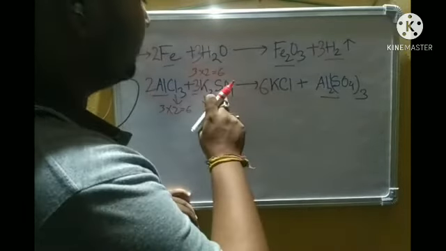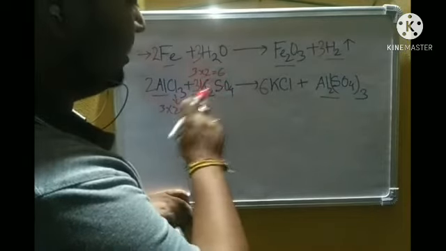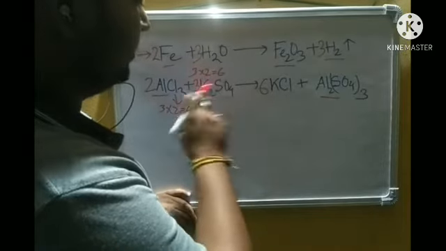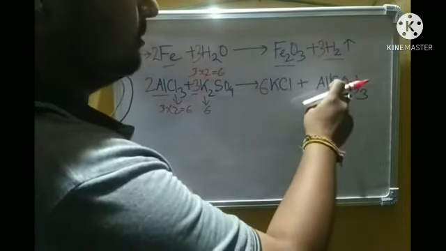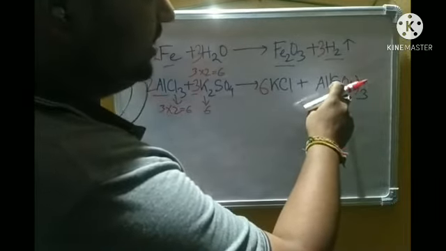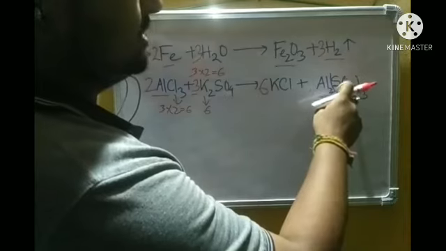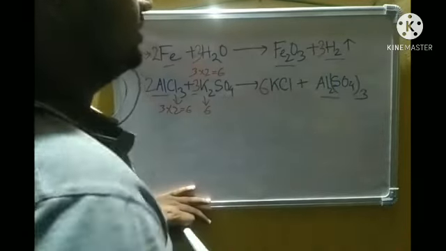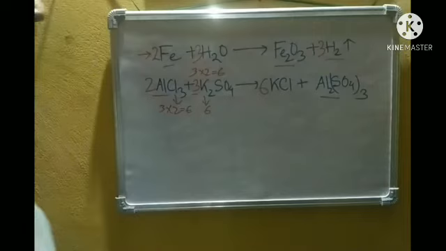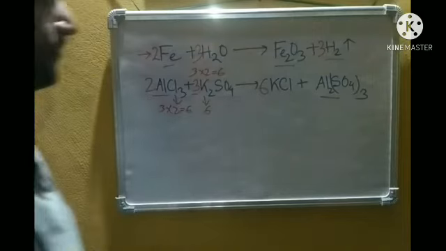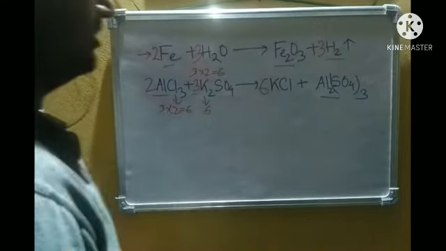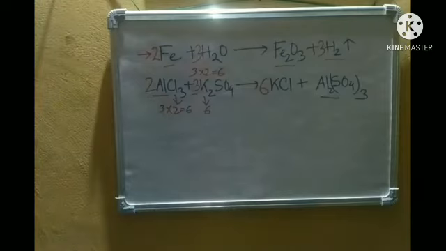If you don't want to consider the sulfate ion, we can also consider it using the single elements, that is, the number of sulfur atoms is equal to 3 and the number of oxygen atoms is equal to 3 into 4, 12. Similarly, the number of sulfur atoms on the product side is equal to 3 and the number of oxygen atoms on the product side is also equal to 12. So now this equation is completely balanced. So we can have a look at it. This is how we generally balance a chemical equation.